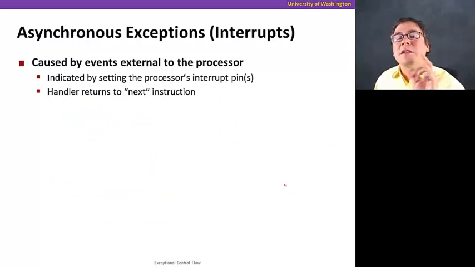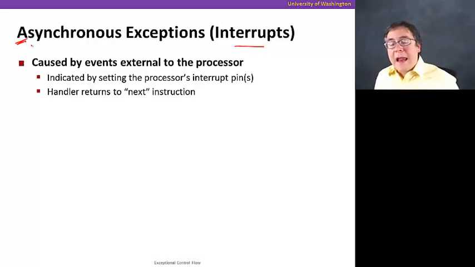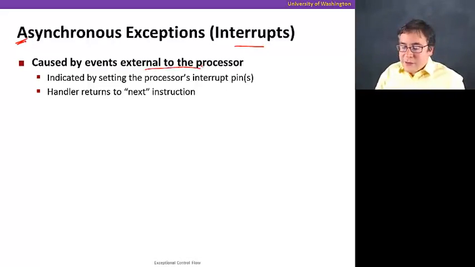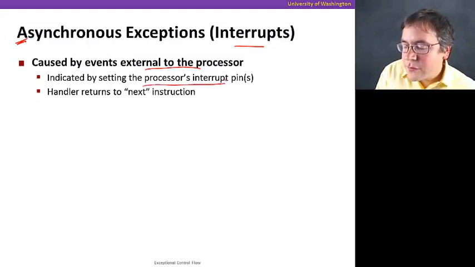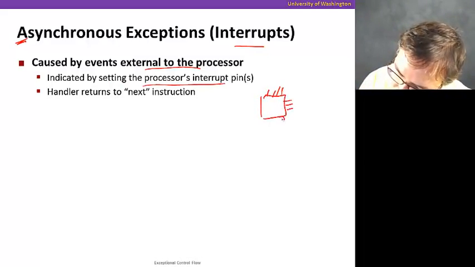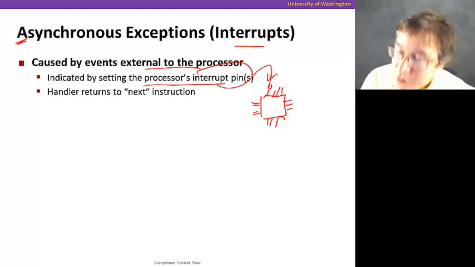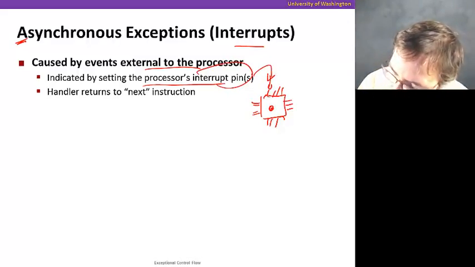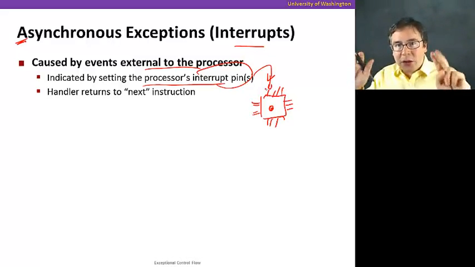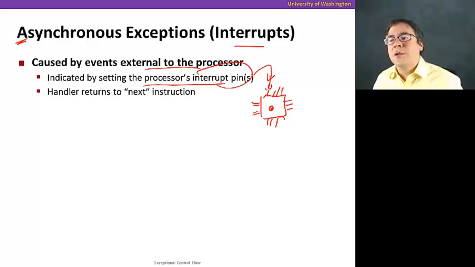The first type is an asynchronous exception, also known as interrupts. The reason they're called asynchronous is that they are caused by events external to the processor. They are indicated by setting the processor's interrupt pins. As you saw, there's a bunch of pins in the processor, and some of these pins we call interrupt pins. Whenever we put a signal on this interrupt pin, something happens inside the processor. So an exception is raised, and then the processor jumps to the piece of code responsible for dealing with